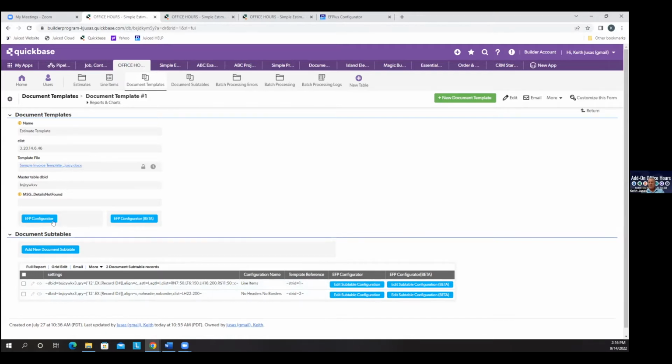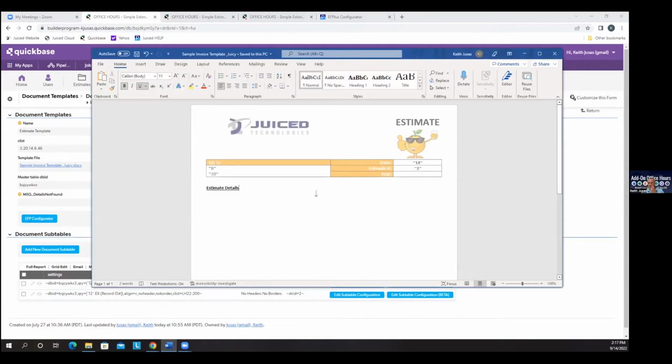The real main difference between these buttons is this one here is going to help you select the fields that need to appear in the master section of your template. Master section, what I mean by that is it's the section that's coming from, in this case, the estimates table. Down here is where I'm going to have subtable data, so that's going to come from my items table, but master data is up here and child data or related data is going to be down in here in the